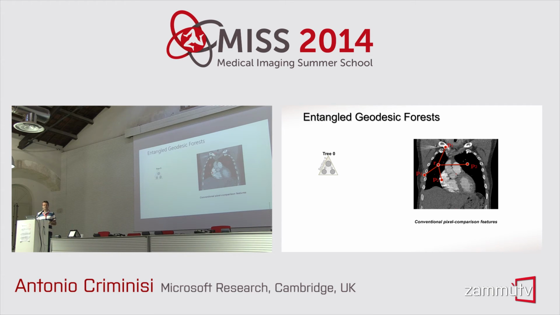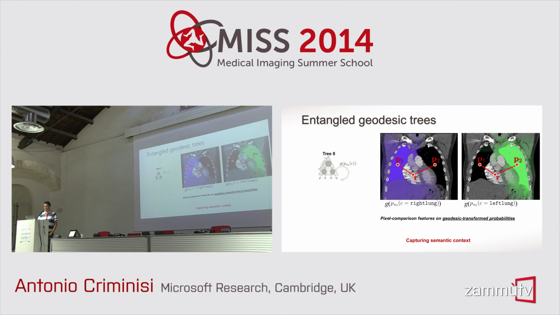But if I'm done with training section 0, it means I can already test that tree on that image. Therefore, for each of these points, I can assign a soft probability for each of the classes of interest. Imagine that my classes of interest are left lung, heart, and right lung. I can also geodesically transform these probabilities, the posterior for the right lung and the posterior for the left lung. And this blue overlay and this green overlay are precisely these transformations.